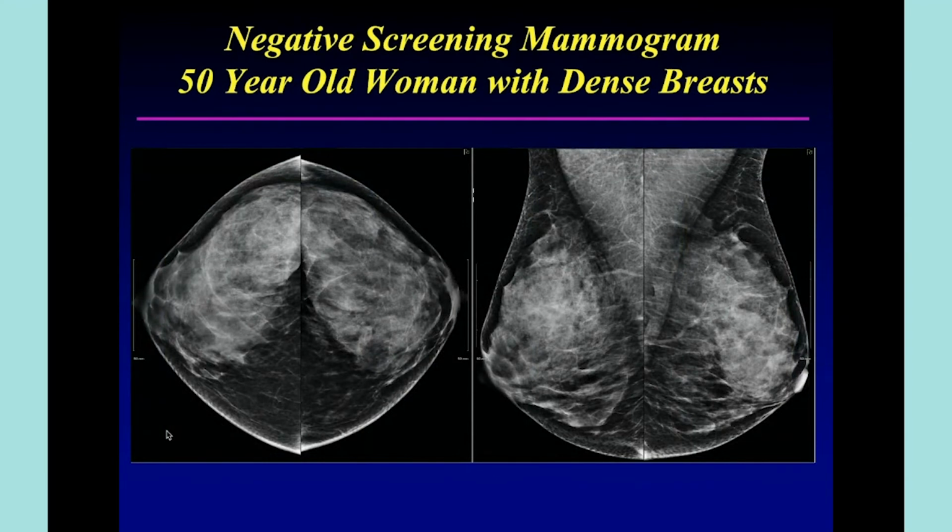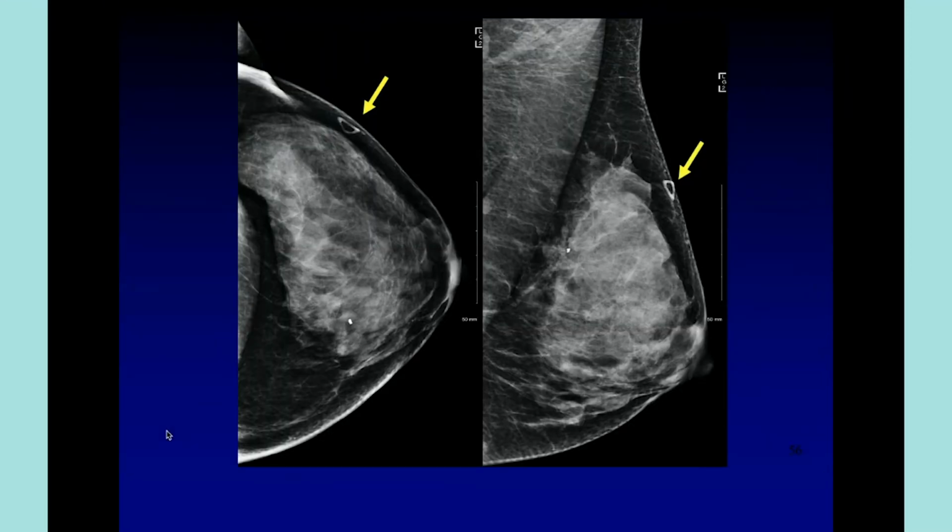Here's a real life example of dense tissue hiding a cancer. This woman had a negative screening mammogram at age 50, and you can see she's category C or D. But remember, negative doesn't always mean no cancer. 8 months later, she came back after finding a lump in her left breast, and you can see the triangular skin marker where the arrow is pointing. That's a sticker that the technologist taped on the skin over the lump, so we knew where it should be